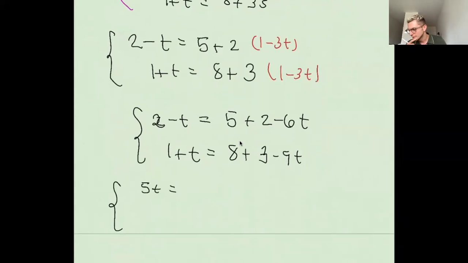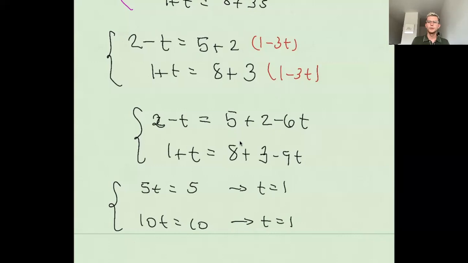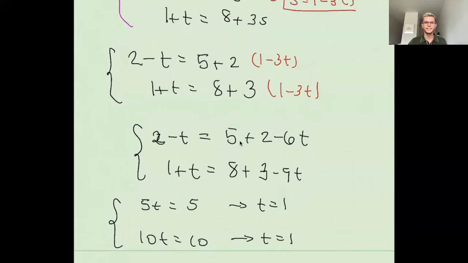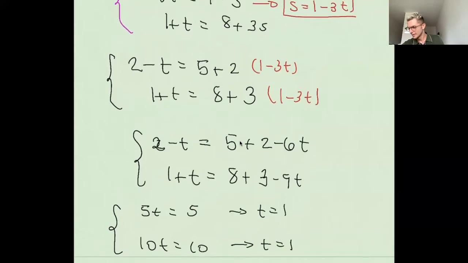Equals what? 7 equals 5, right? And the second equation gives you 10T equals 10, right? So this gives you T equals 1, and then this one gives you T equals 1. So t happens to be 1, and once you know that t equals 1, you get that s equals